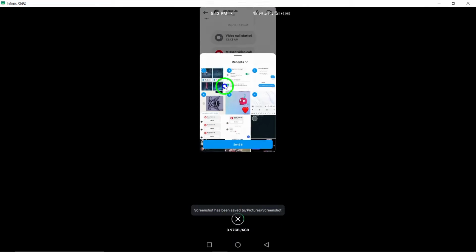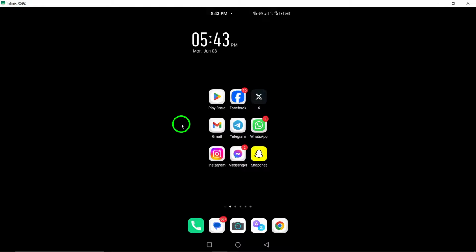By following these straightforward steps, you can effortlessly send multiple photos via Instagram direct messages to your friends, family, or